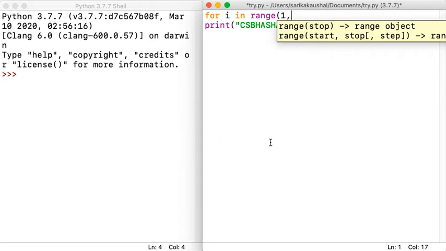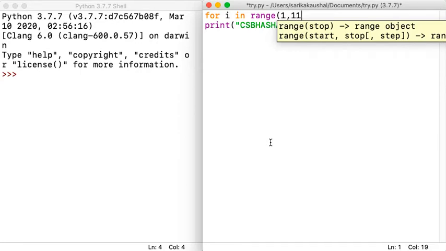Now here is an important point. The ending number should always be with +1, because your interpreter does not count till the end, it counts till less than n. Which means if I want to count till 10, I have to give this value as 11, because it goes on as long as the number is less than 11. So that means 10 is included in less than 11. If you write 10, it will start the counting from 1 and end the counting at 9, because 10 is not less than 10 but 9 is less than 10. Therefore, it has to be +1.